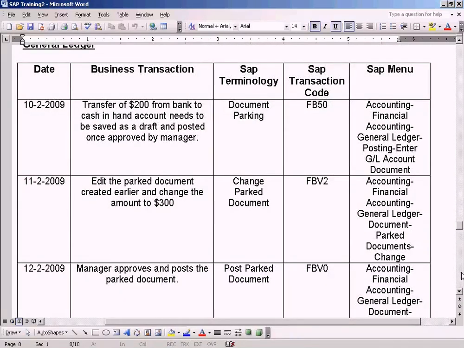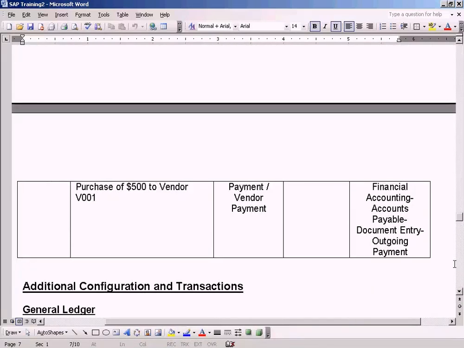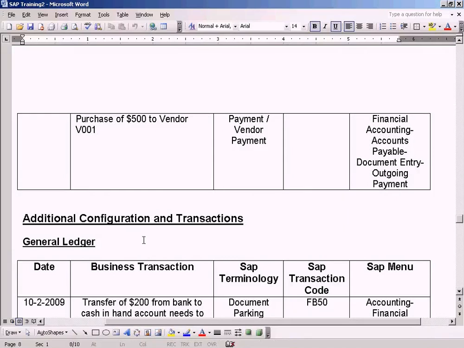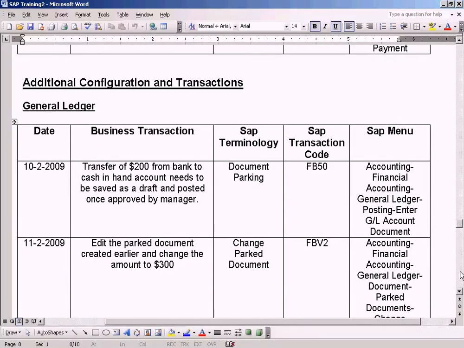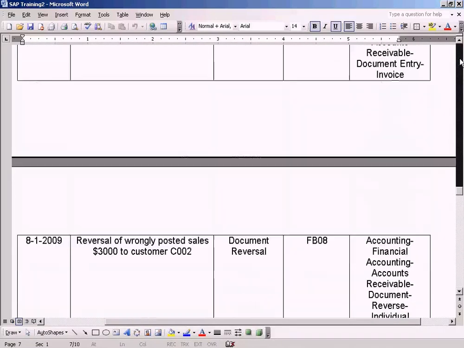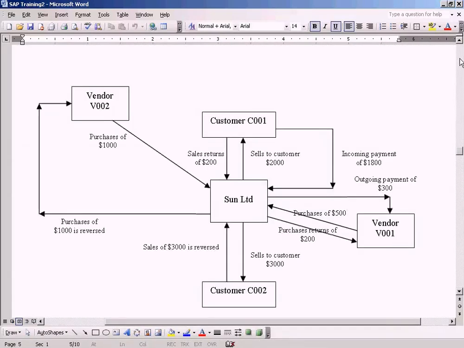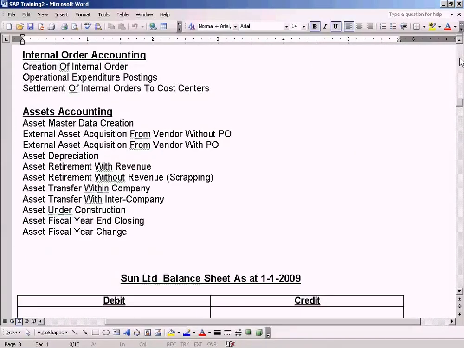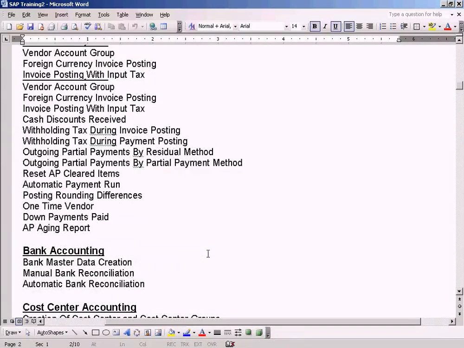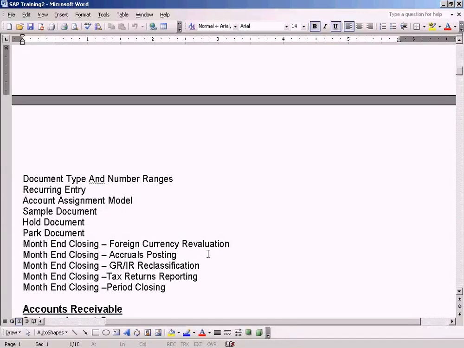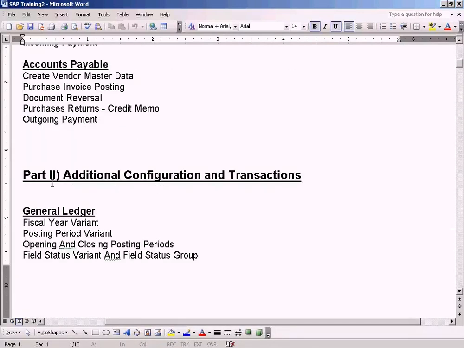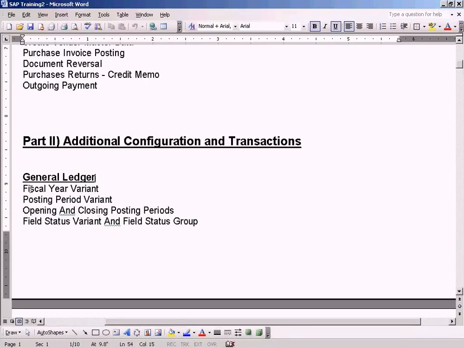We have done the basic configurations and transactions. Now we go to additional configuration and transactions. Okay. See this? Under the part 2 we have additional configuration and transactions, and we're going to look at the first topic, which